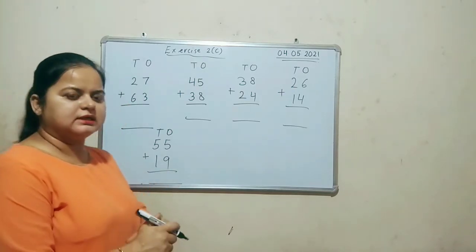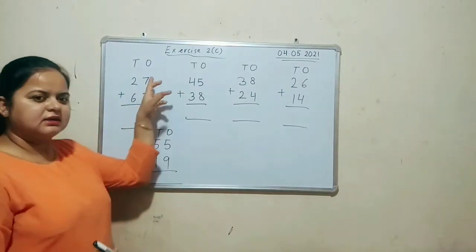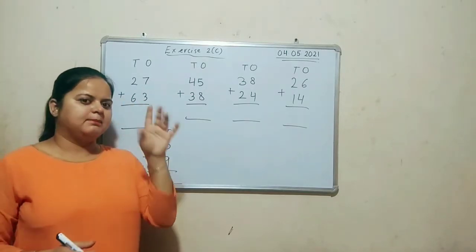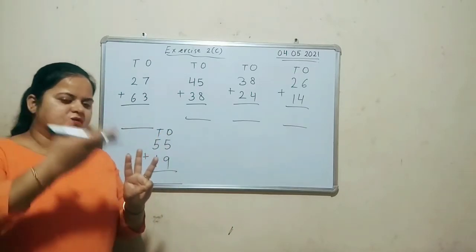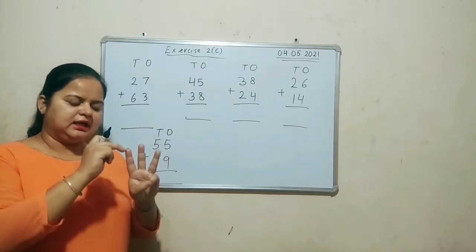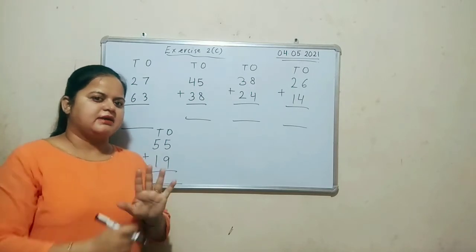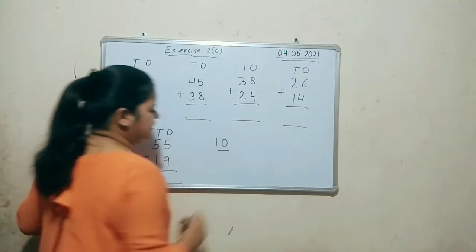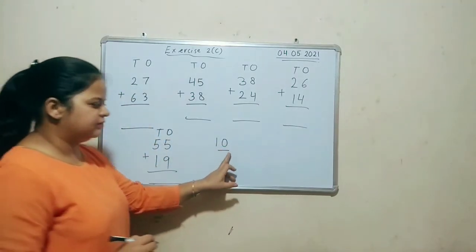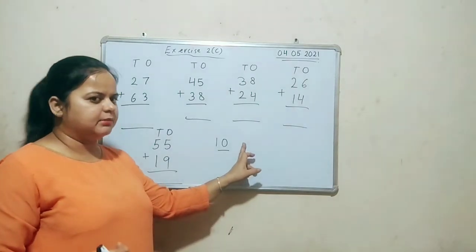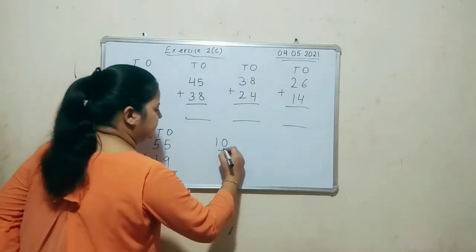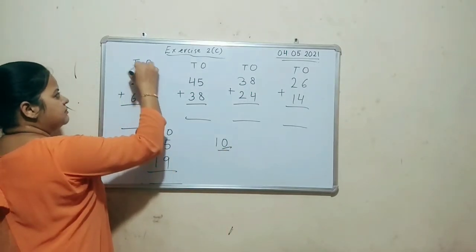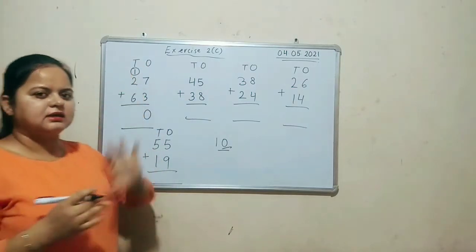Here we have to start the sum from the ones side. Very good. 7 plus 3. We will start from the next number after 7. 8, 9, 10. 7 and 3, 10. Okay. So here again we have 2 digits. So we will write, कौन सा digit write करेंगे? अभी मैम ने आपको बताया. The one which is placed on the ones side. So 0 will come here and 1 यहाँ चला जाएगा as a carry.